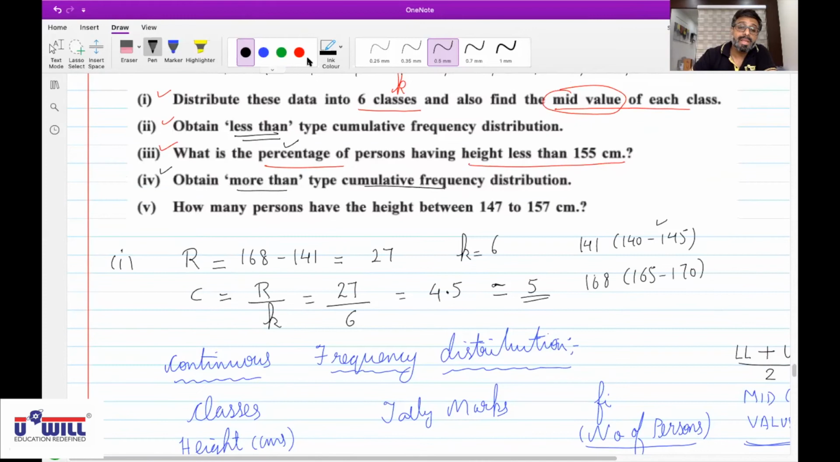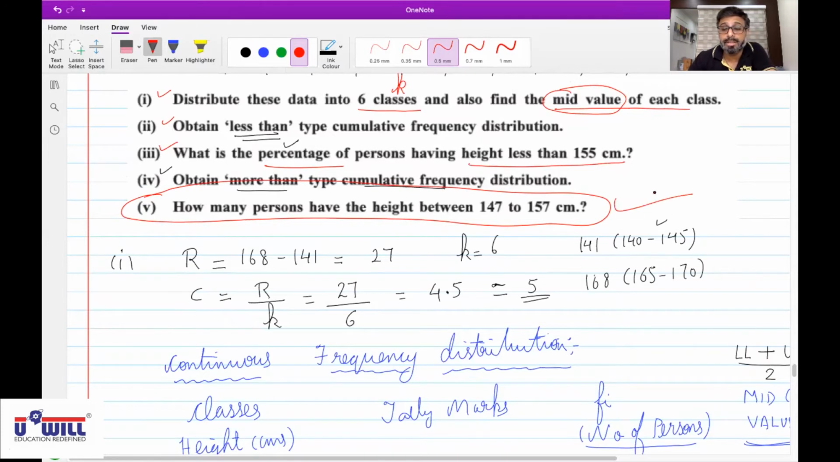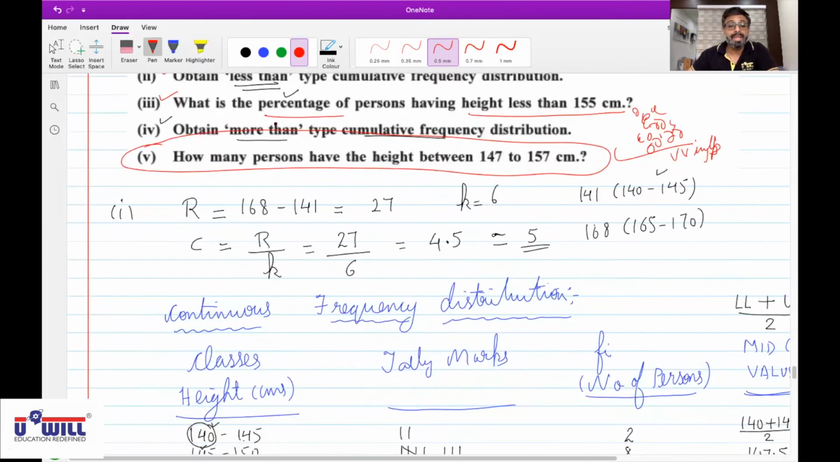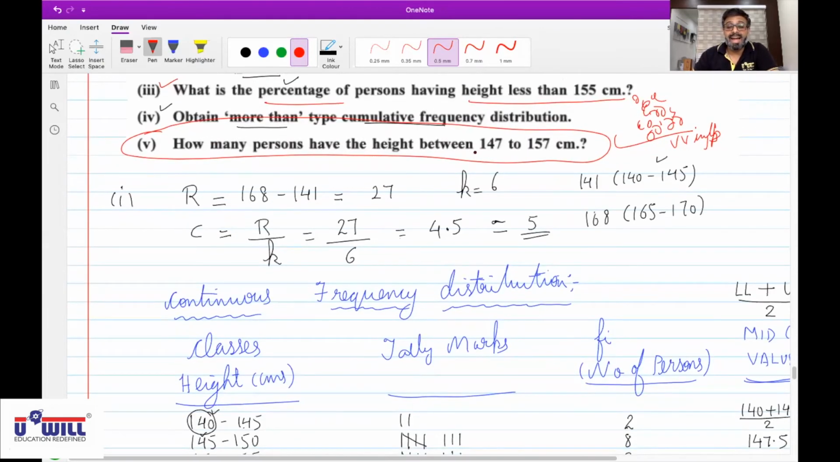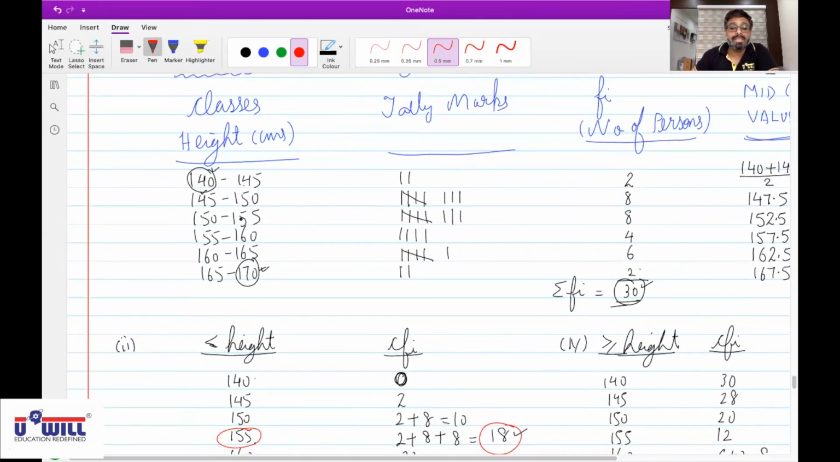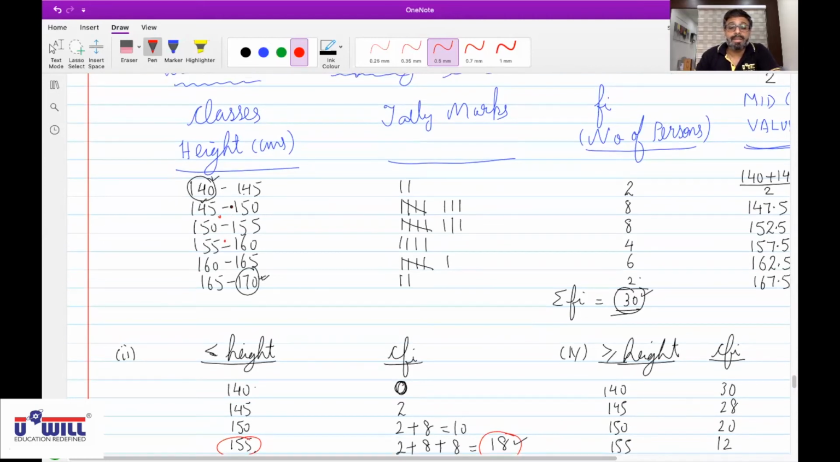Okay. Now the fifth answer is very important, for which I have solved this entire question. Very, very important. All of you mark it as very important. How many persons have height between 147 and 157 centimeter? Now the problem is 147 is not there, and 157 is not there either. But